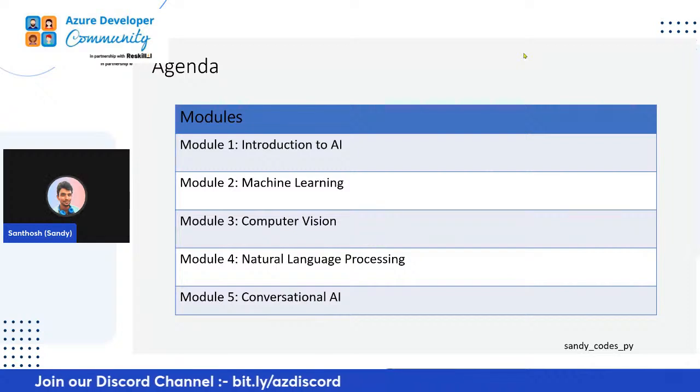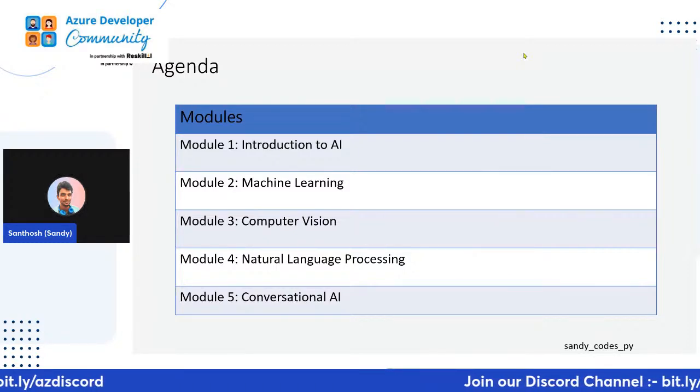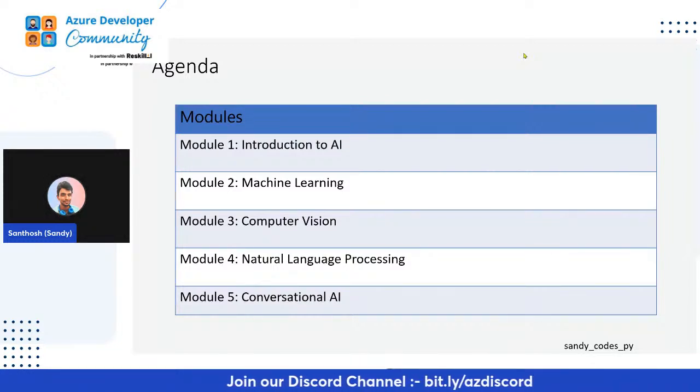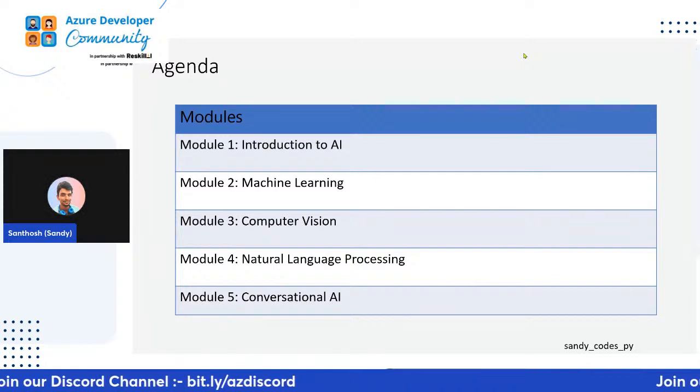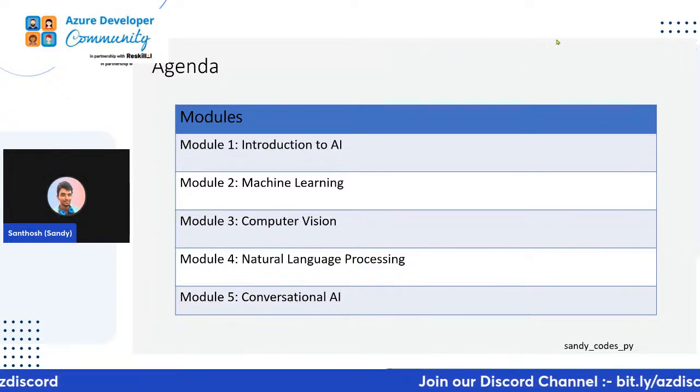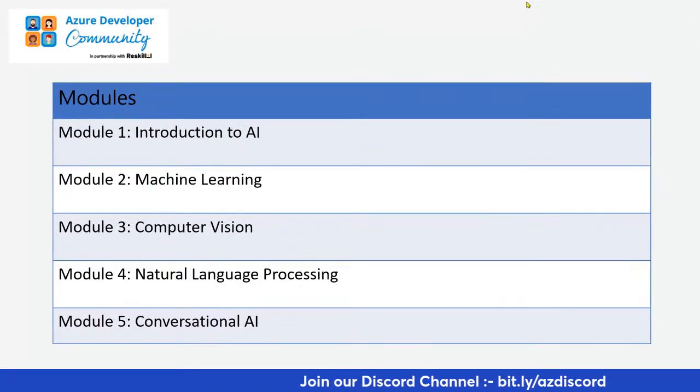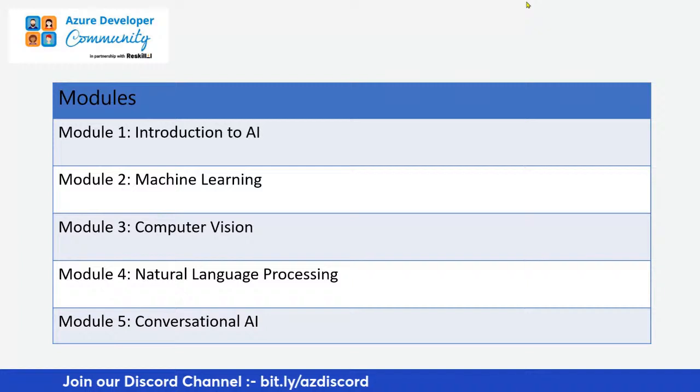But again, make sure you understand the basics, the fundamental knowledge that you're gaining, so that you can then translate it to whatever language or framework you want to use. You can just start building on top of that. So, introduction to AI: we'll talk about what is machine learning, what are the different types that we have, what can be done, and what you shouldn't be doing.